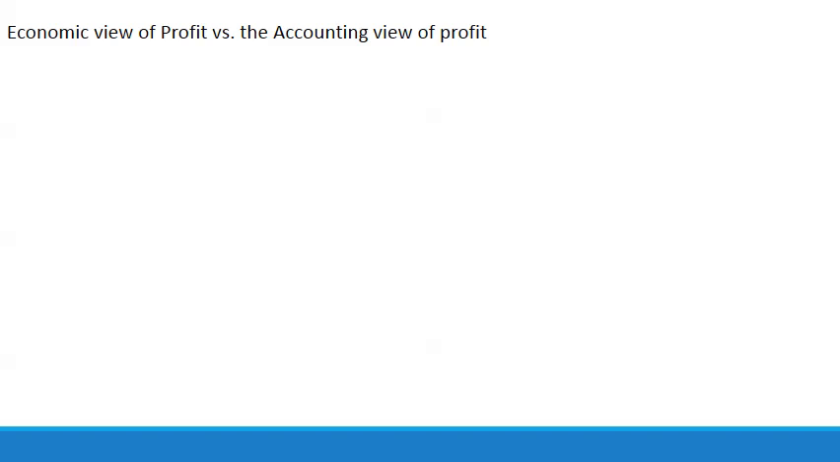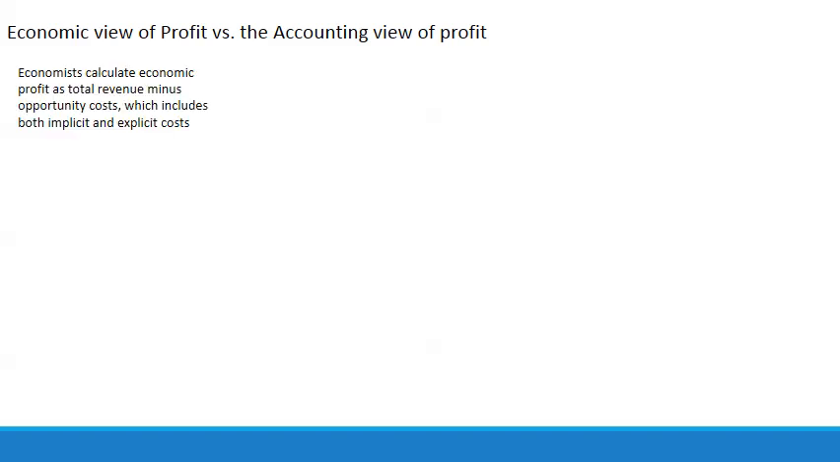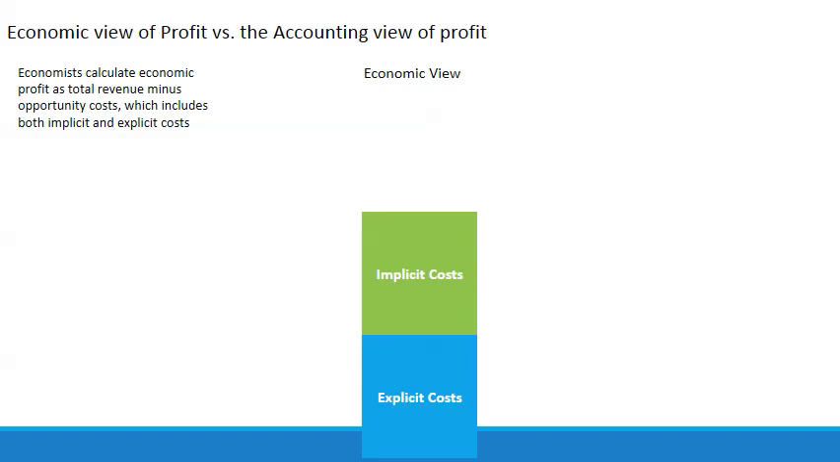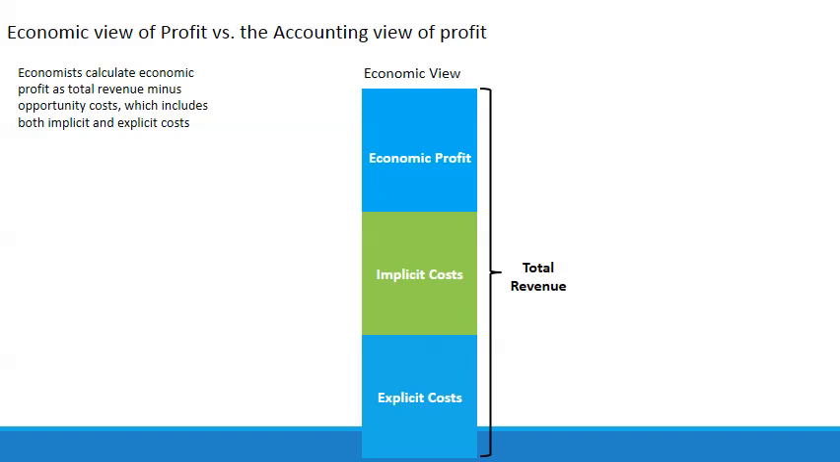So to give you this economic preview of profit versus the accounting view, we can look at it like this. Economists calculate economic profit as total revenue minus opportunity cost, which includes both implicit and explicit costs. So from an economic view, here you have your explicit cost, your implicit cost, your economic profit. This right here would be your total revenue. And then this right here, of course, is your total opportunity cost. So you can see we have all of these costs, we have a revenue,